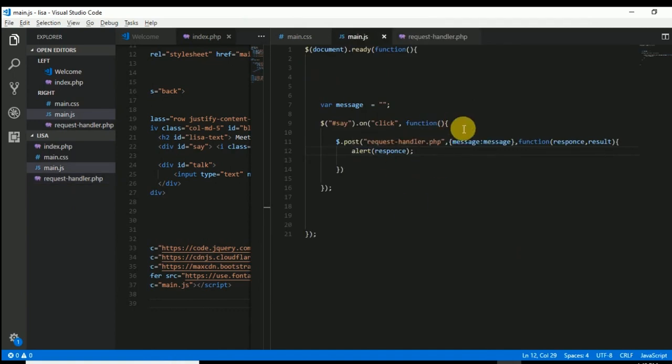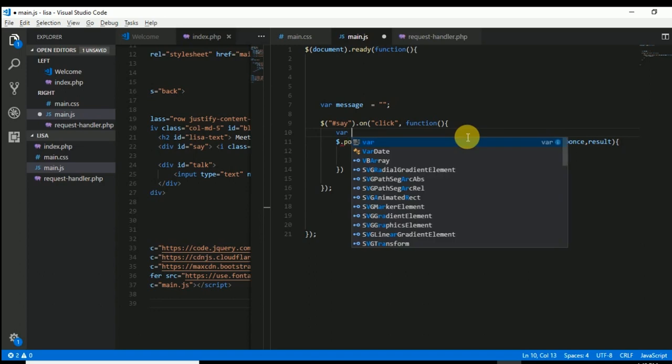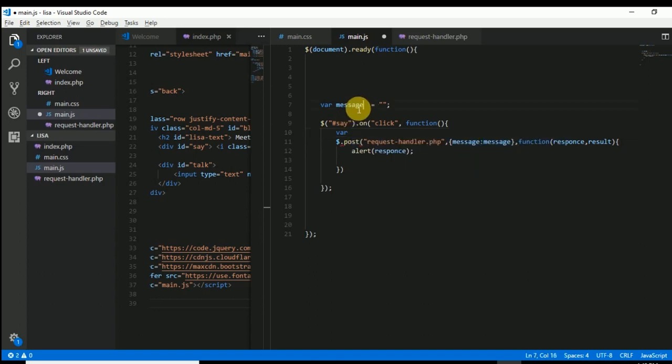Okay, so here in function, if this click is hit, then variable, I must change this name to response instead of message. Message is actually what the user is going to send,